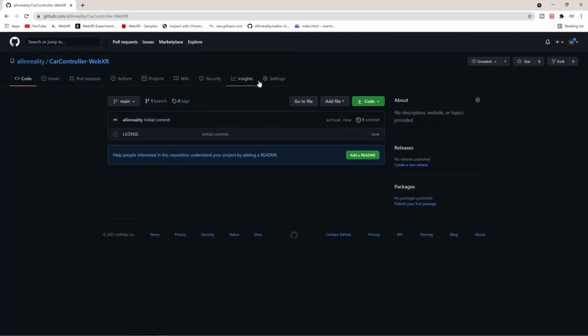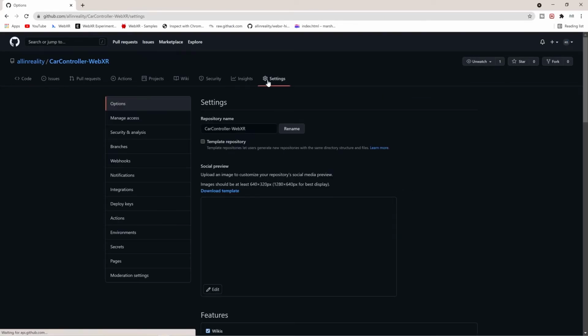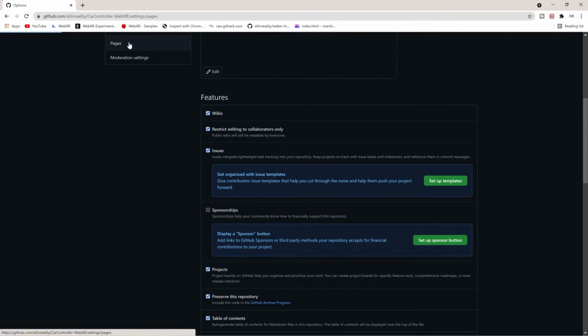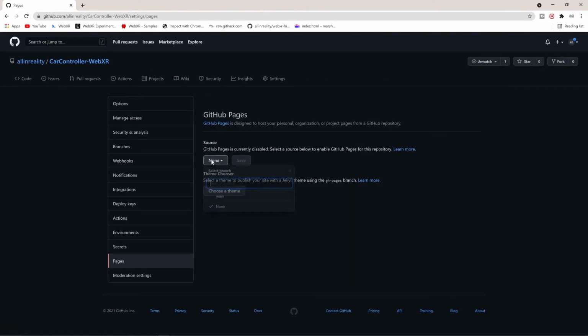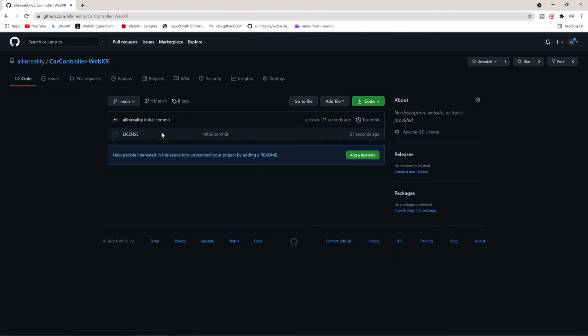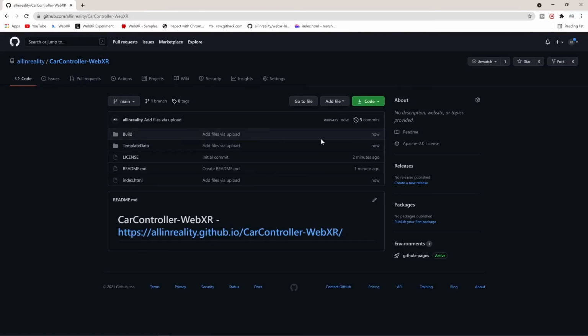We can host this in a GitHub repository and create a GitHub page so that we can test it on any other mobile device. I have already created this repository, an empty project, and I'm hosting it so that you will get a link. We upload the project files as the build, and I'm uploading it, so I think it is there.